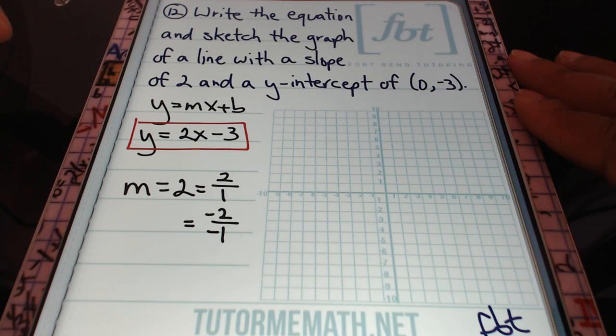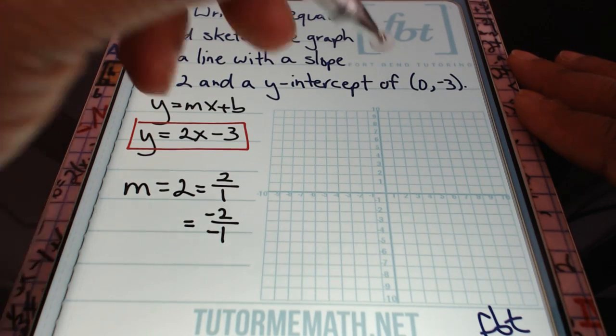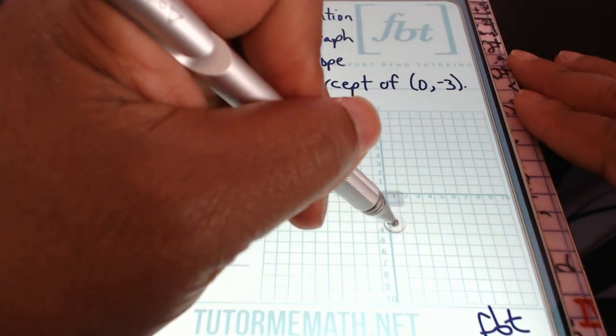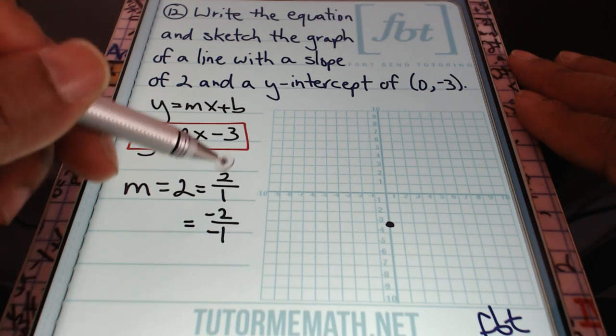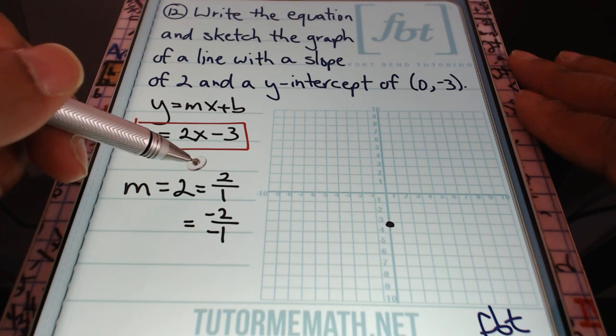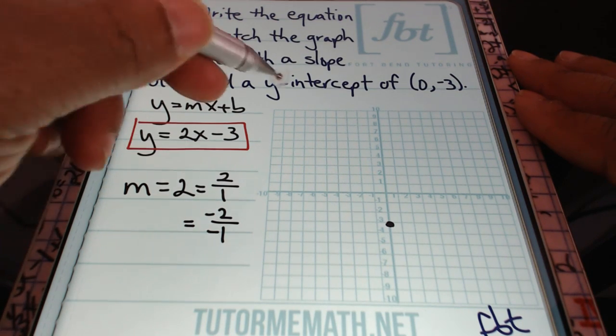So the given point that they gave us is 0, -3. So that's just going to be -3 on our y-axis there. Okay, so we have a point right there. And then what you'll do from there is use either form of the slope to find additional points on the line. If we use the first slope that I wrote as 2 over 1, remember that the slope is the